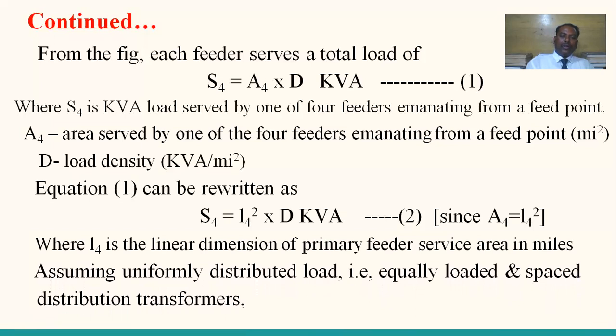So assuming a uniformly distributed load, in the sense of equally loaded and spaced distribution transformers. In the diagram we observe the transformers are loaded and spaced equally. So therefore, assuming the type of distributor is a uniformly distributed load,